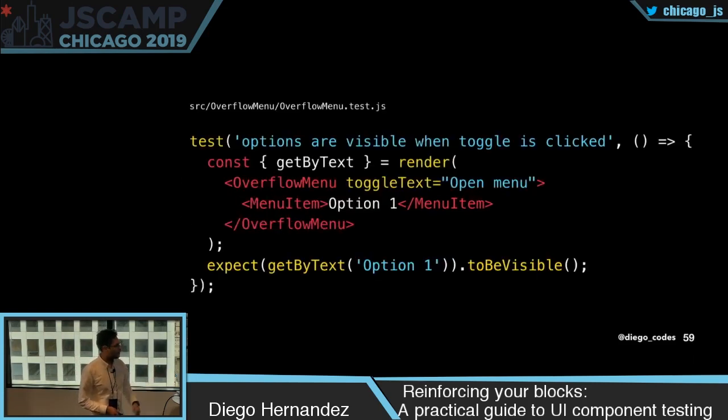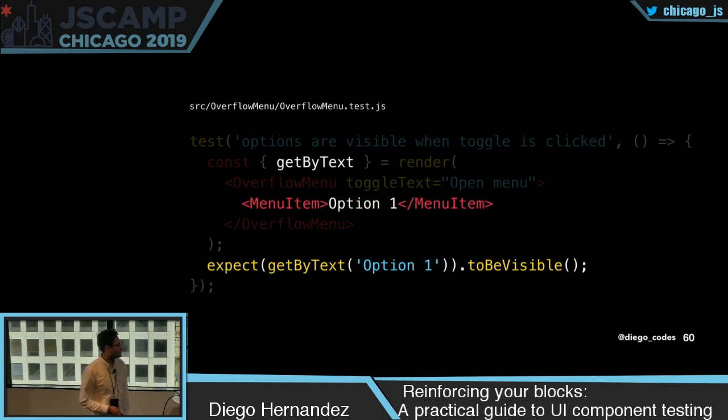In that same file, we're going to add another test. We're going to render our component, and now we're going to use the get by text function. It runs a little differently from query by text. I'm just going to have you look at the documentation to understand what the difference is. But essentially here, we're saying that we are expecting an element that has a text of option 1